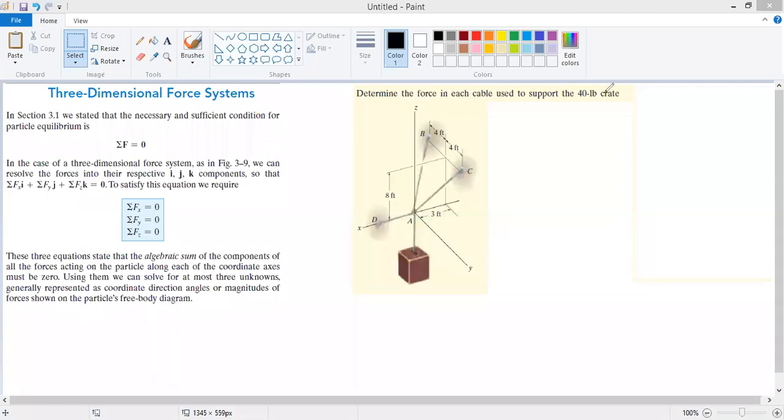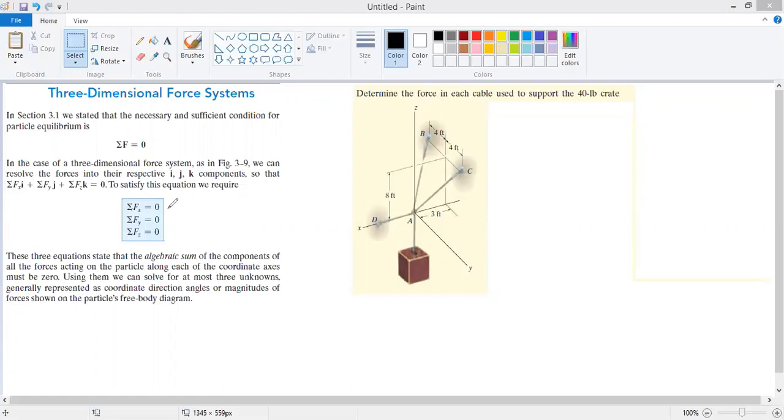Today we are going to discuss the three-dimensional force system. As far as the three-dimensional force system is concerned, we have already seen the planar equilibrium of a rigid body, planar equilibrium of a particle, wherein we were talking about the summation of forces along x-axis and summation of force along y-axis has to be equal to zero for the equilibrium of a particle along x and y axis. That was a two-dimensional force system, we can say, and that was a planar equilibrium of